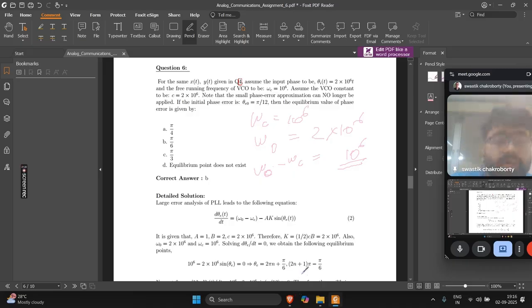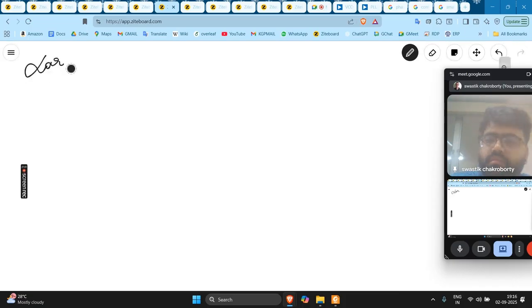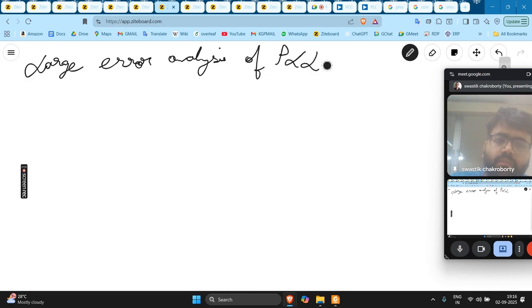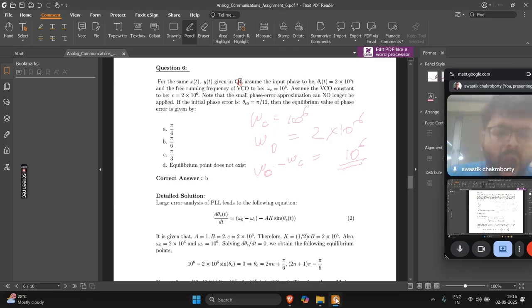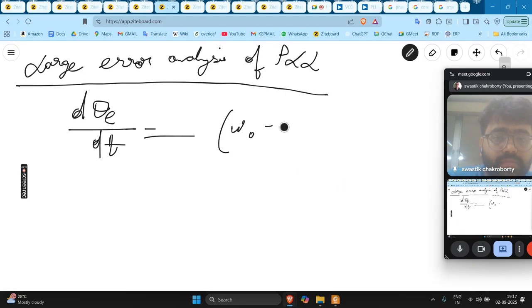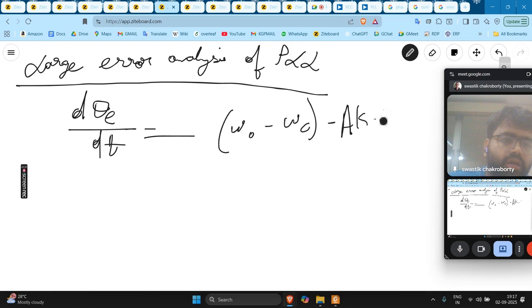PLL. So, large error analysis of PLL gives us a differential equation that is given as d theta e by dt is equal to omega naught minus omega c minus the sine of the error phase theta e into A K,